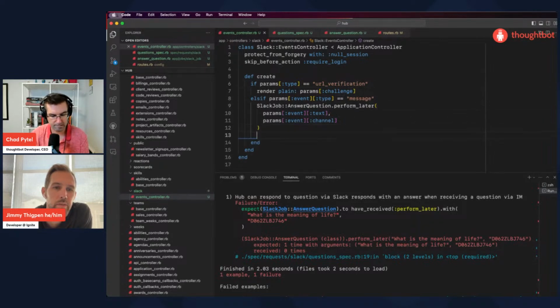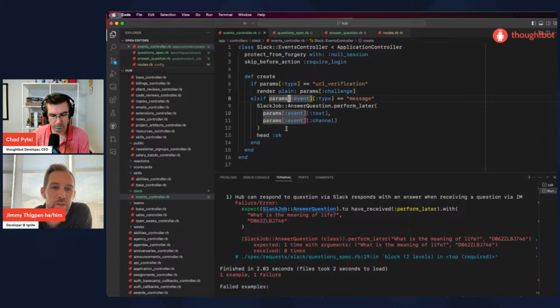Okay, so you're assuming the event will always exist. Yeah. So if the event doesn't exist, it's going to throw an error there. Man, JavaScript has a cool escape hatch for that.